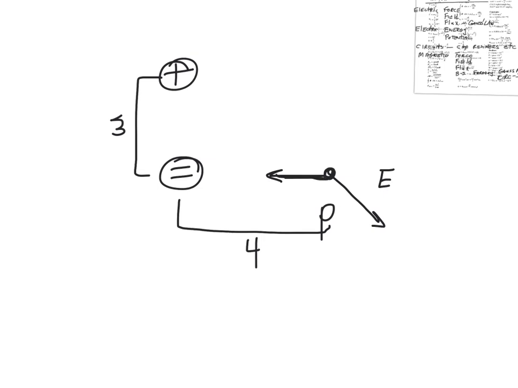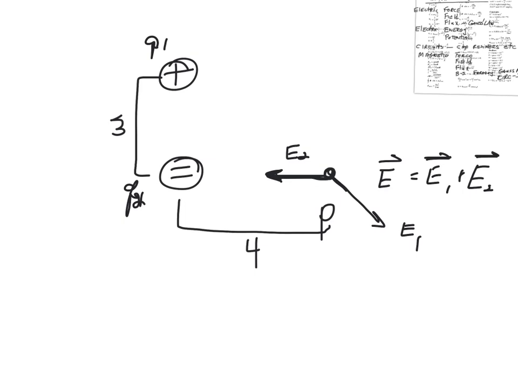This has no y component. This, you got to find the components. You got to add the x components, the y components. It's a lot more complicated, right? But you should be able to do it. This is like vectors from first semester. If this is Q1 and this is Q2, this would be E1 and this would be E2. And it's the same thing. E total is going to be the vector sum of E1 plus E2,